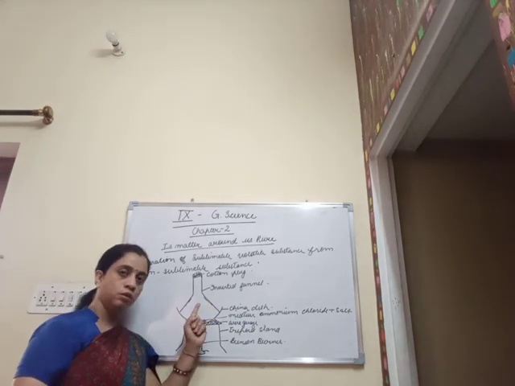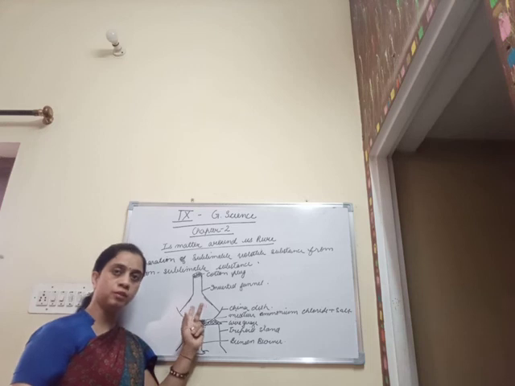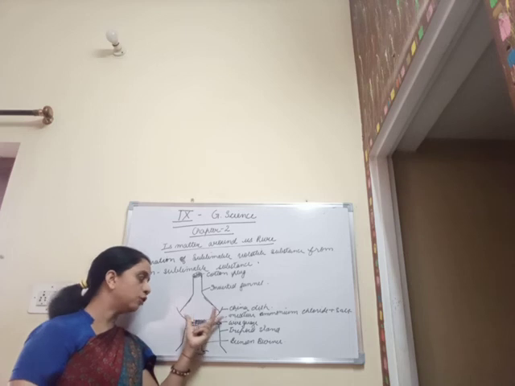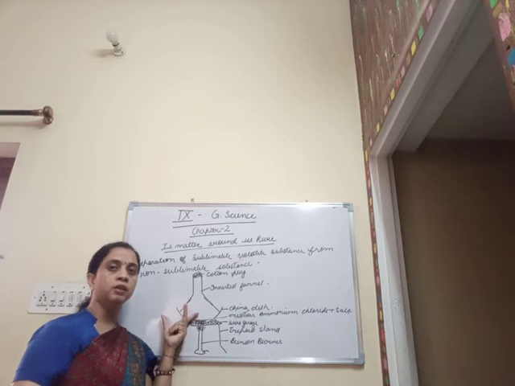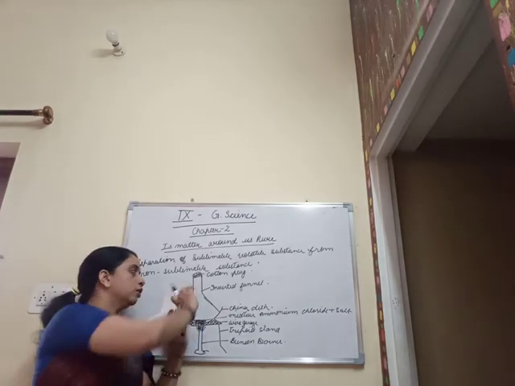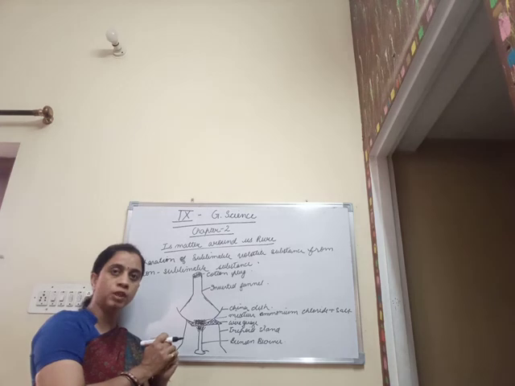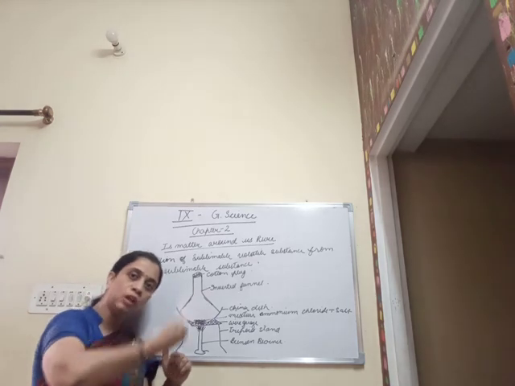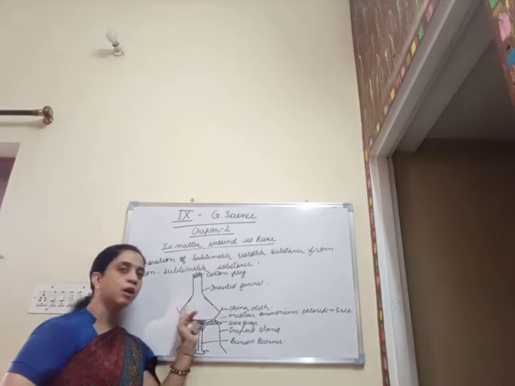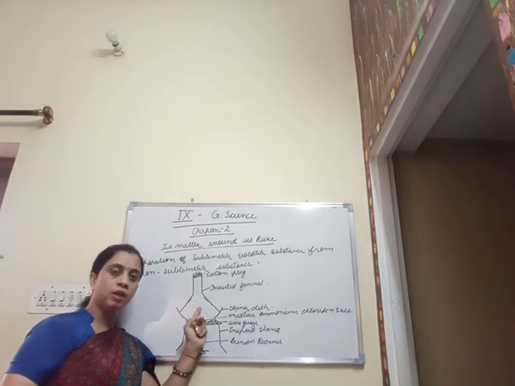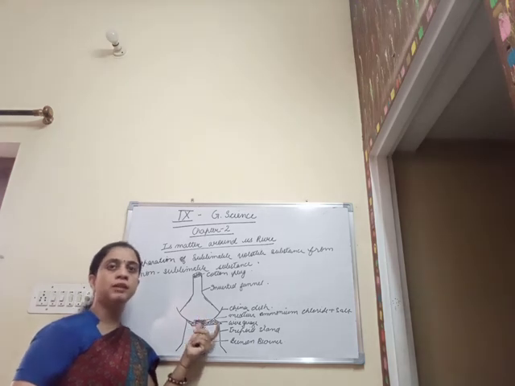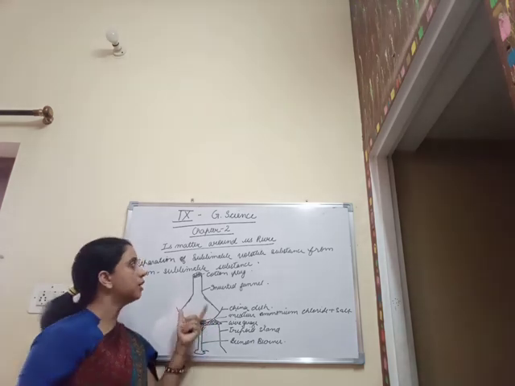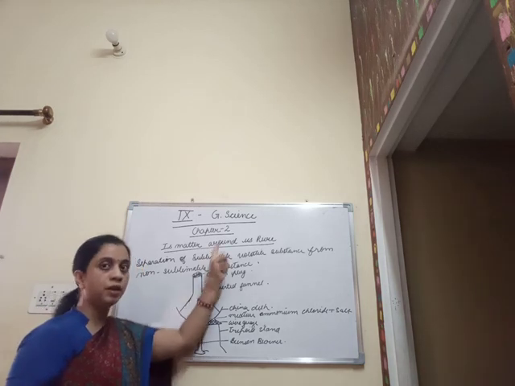So when the whole of the ammonium chloride has sublimed, or has been converted into vapors, we remove the china dish from here and let it cool for some time. Then after a certain time, when we take out the funnel from the china dish, we can easily scrape out the crystals of ammonium chloride from the rim of the inverted funnel, and what is left behind is salt. So this is the technique which is basically utilized in separation of sublimable volatile